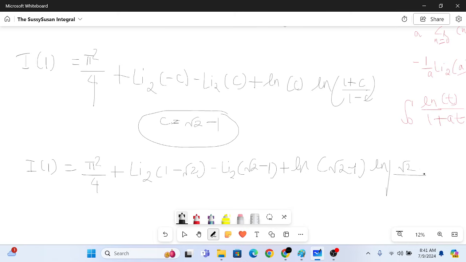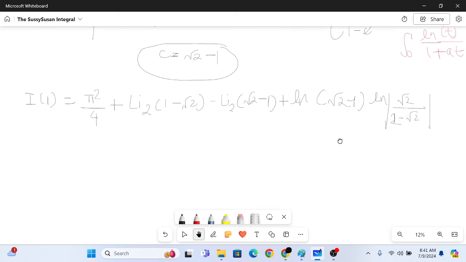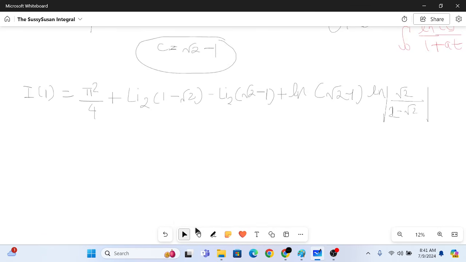Yes, by, now this is 1 minus root 2. Is it? Yeah, okay, wait, sorry, 2 minus root 2. This will be 2 minus root 2. Yeah, looks good. Yes, looks good to me. So this is 2 minus root 2 and then just root 2. Okay, good. Now after this we have I of 1